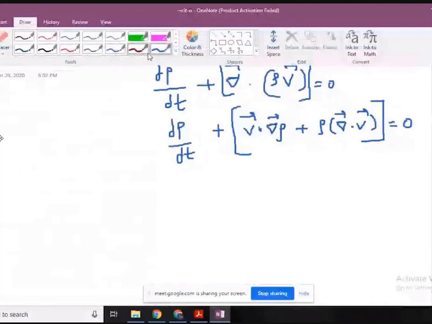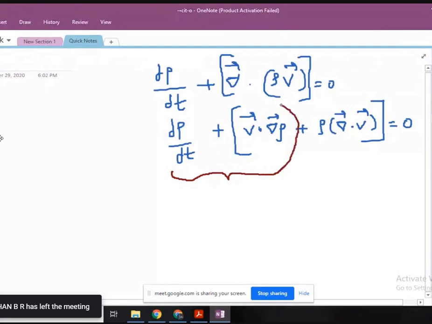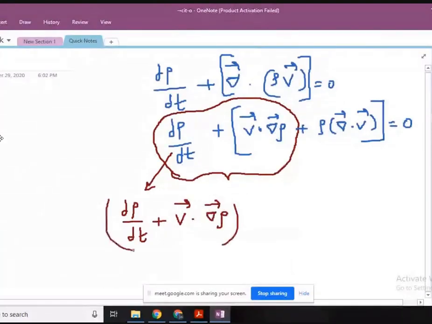I'll take another color. So you observe this part. What does it appear to you? It has a local derivative of density. It has a convective derivative of density again. Here density is the scalar. Now plus